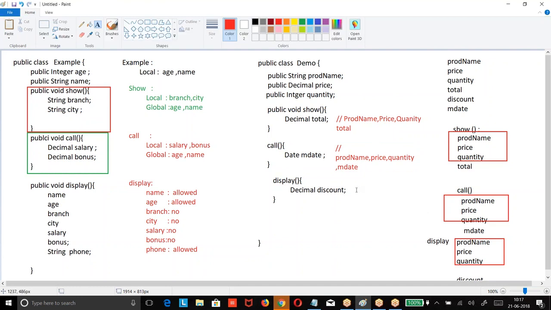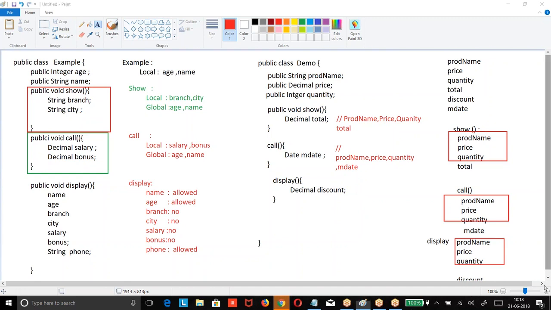If you want some data to be used by multiple scopes, you will define them outside the scope. If you want data to be used only by the scope, you define it only within the scope. Are you getting my point? Clear? Clear, boss? So what is a local variable? A variable defined within the scope is called local. A variable defined outside the scope is called global. Now when you are defining a variable, you should understand where we want to use it. Do you want this to be used in multiple scopes or only within the scope? Accordingly we define. We'll see a few more examples in a session.